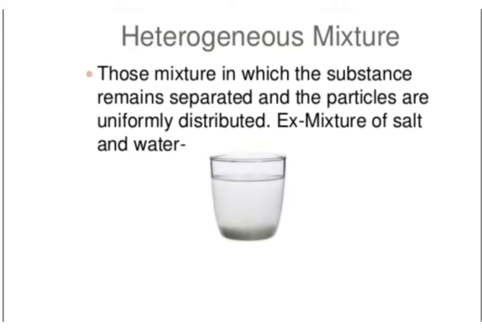So basically, a heterogeneous mixture does not have uniform composition. It has visible boundaries of separation between the various constituents. You can see the particles separate as small particles, as droplets, sometimes as bubbles. So for an example, we have a sugar and sand mixture. That is a heterogeneous mixture because different parts of this mixture will have different sugar sand composition. Some parts of the mixture will have more sugar particles, but it might be possible that another part will have more sand particles. So there is a visible boundary. You can see the boundary of separation between sugar and sand particles.